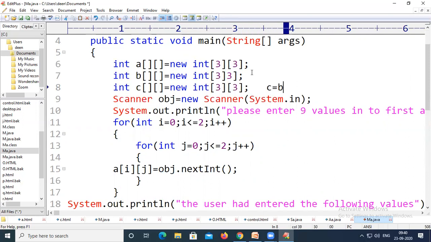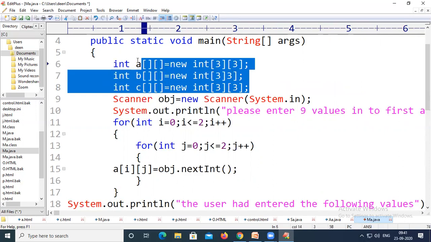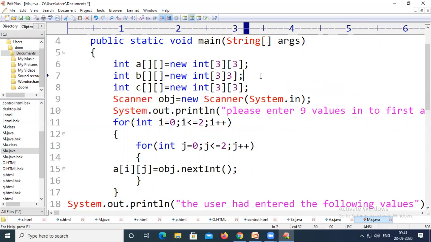So previously we have taken int c equal to a plus b. Similarly, we are going to take array c, which will store the result of array a and array b. So c equals array a plus array b. This is what we are going to do right now. That's why we have defined 3 arrays with the names a, b, c. All these 3 arrays are multi-dimensional arrays. These values are stored in rows and columns, right? Now we are going to print all the 9 values.